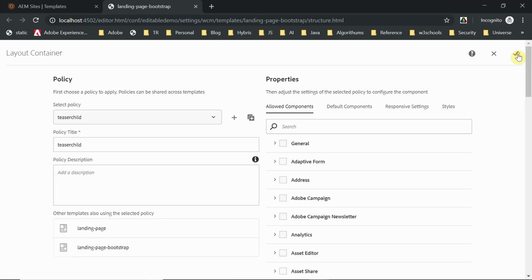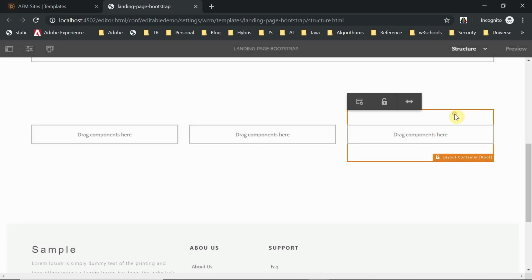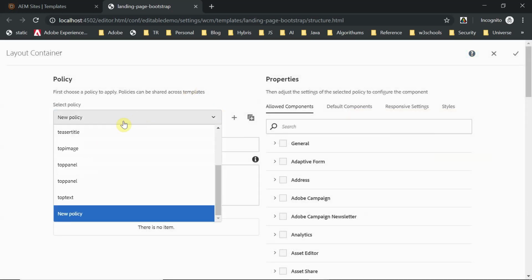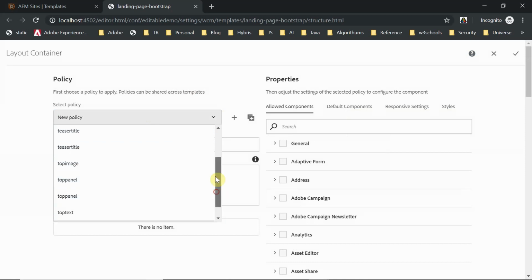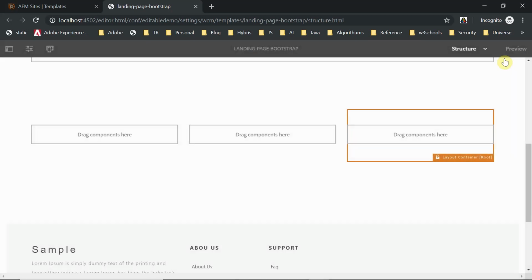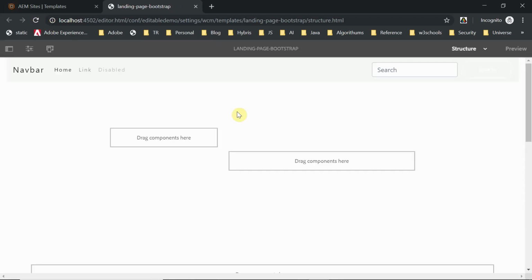Fine. Okay, now this is ready. So now the author can use this. Okay, let us enable the template.